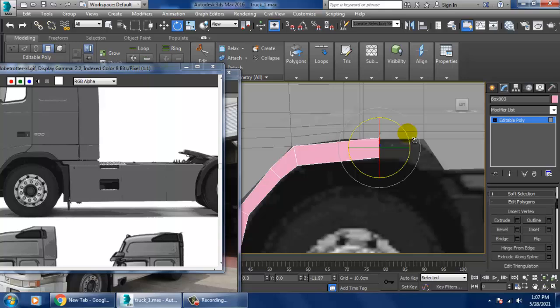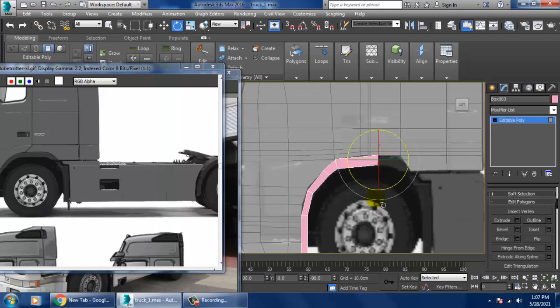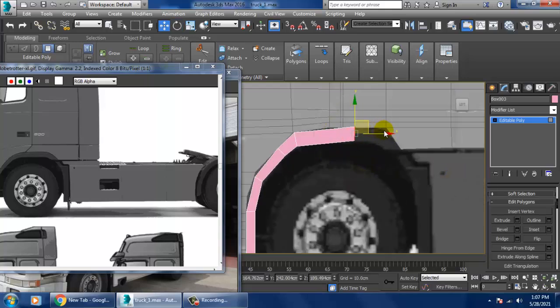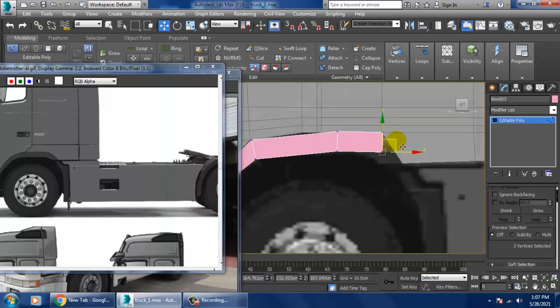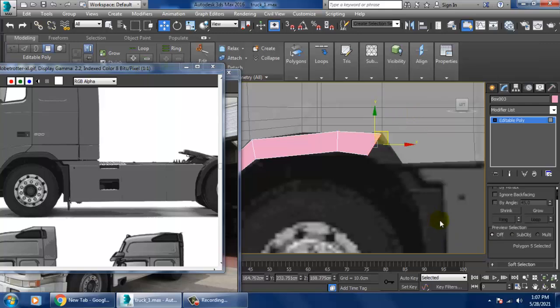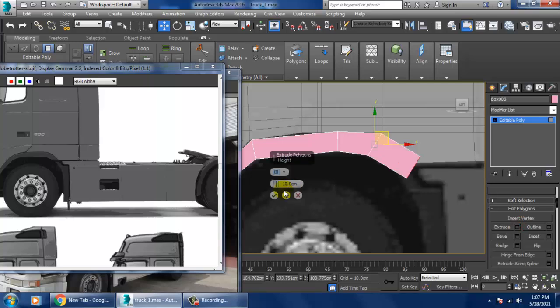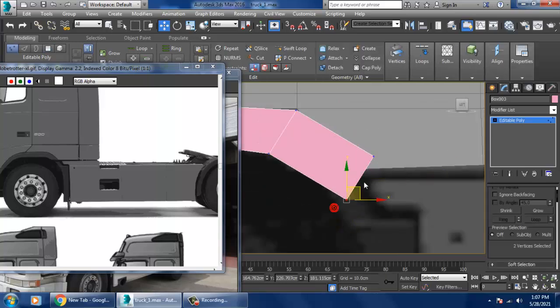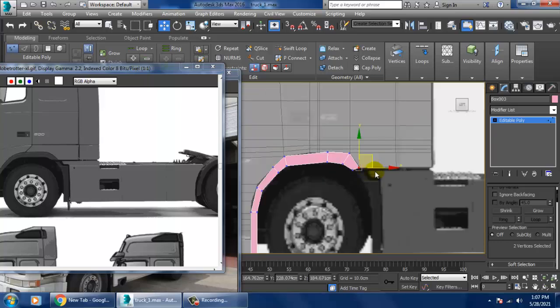We'll definitely push that down afterwards. I'm just going slow. Again select the polygons and extrude in this way.